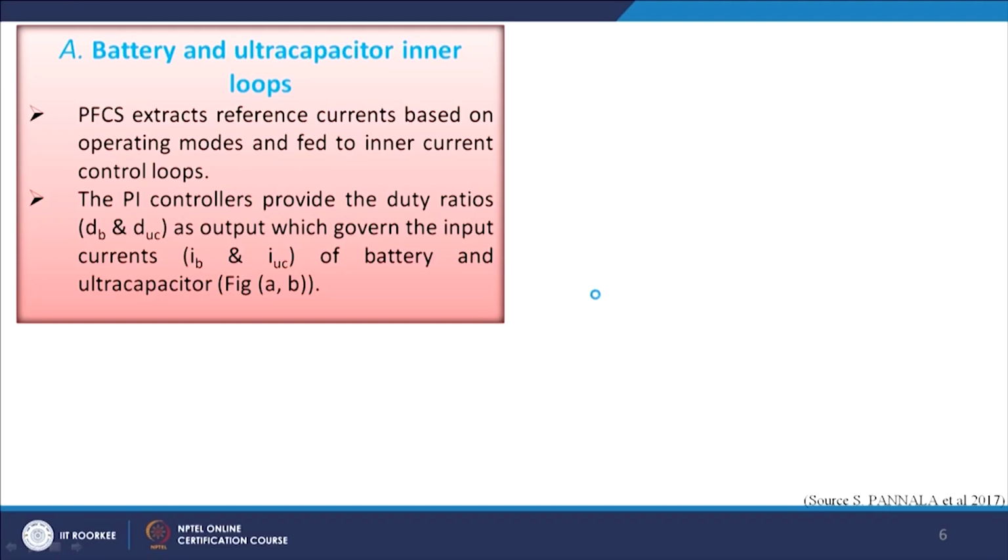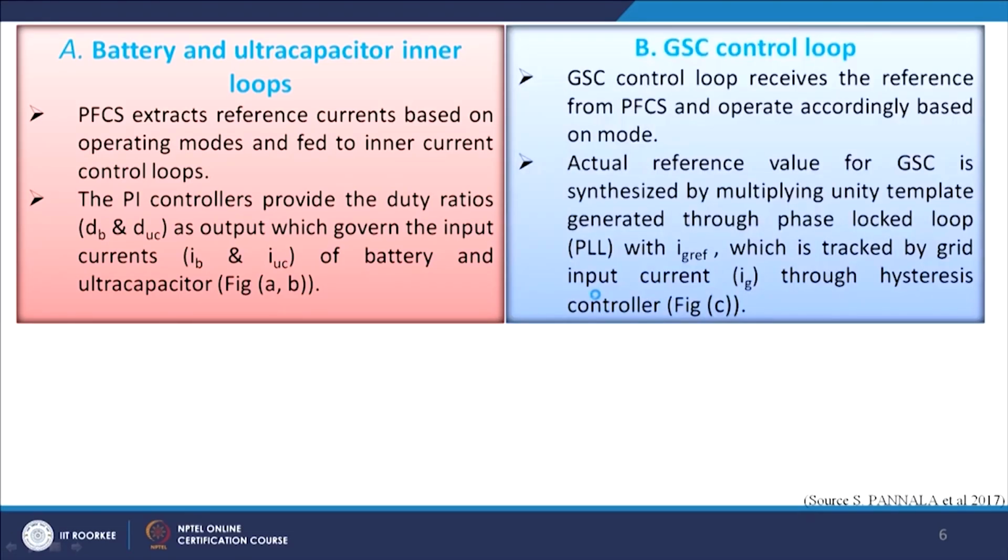The PI controllers provide the duty ratio as output, which governs the input current of the battery as well as the ultra capacitor. Now, in case of GSC control loops, the GSC control loop receives the reference from PFCS and operates accordingly